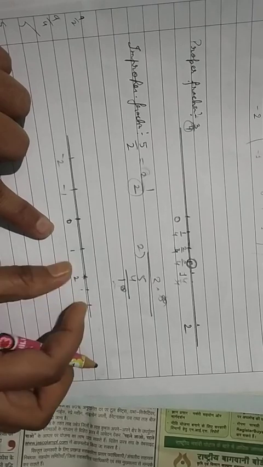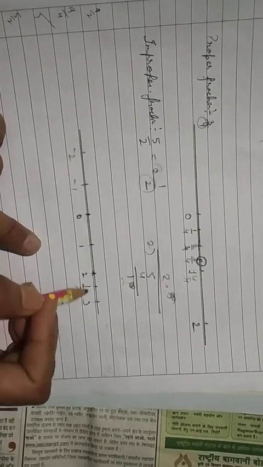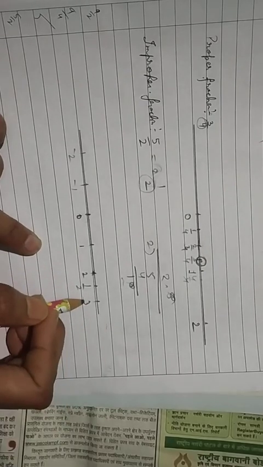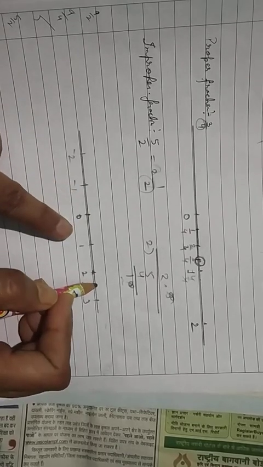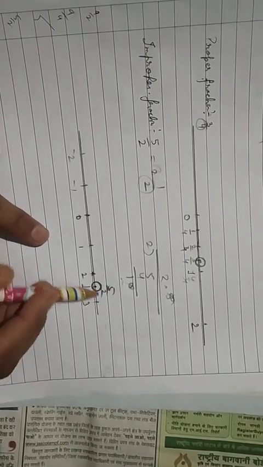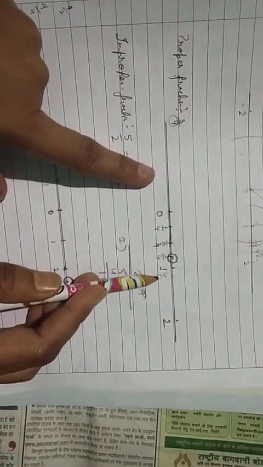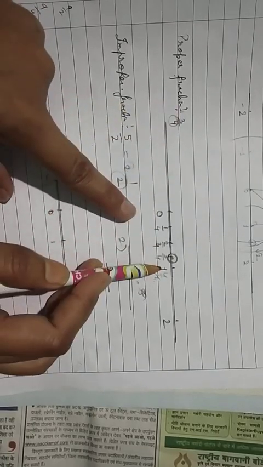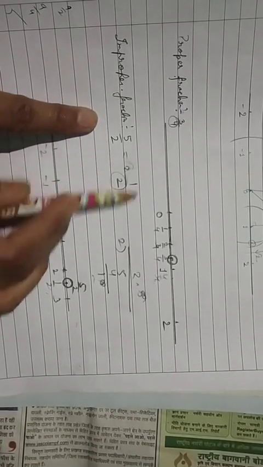So this is between 2 and 3. The half part will come here. Understood? This is 1 by 2 and this will be like 2 by 2. The second part will be equal to the next number 3. Understood? Now 2 and a half means this point will be equal to 5 by 2. This is the improper rational number representation. The proper one will always come between 0 and 1, either on the negative side or the positive side. But for improper, you have to first change it into a mixed fraction.